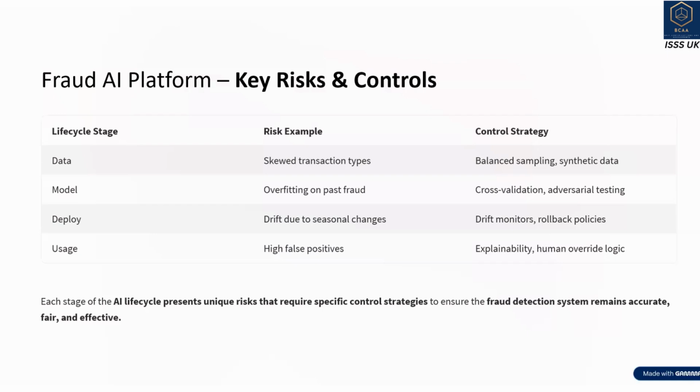For that, you have drift monitors and rollback policies, right? So monitor those transactions which are unethical, which are unpatterned, and if those are coming up, plan what actions to take and how to mitigate this. Or if that is not controllable, can we roll back those transactions defined by policies due to seasonal changes, right?